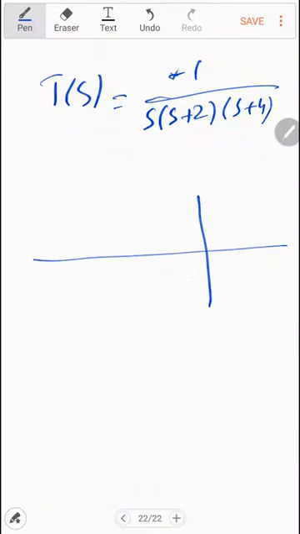If we place the poles, we have one pole at s is equal to 0, another one at s is equal to -2, and the third one at s is equal to -4. So from where will the root locus start? You see 1, 2, 3, and since the gain is a negative value, the locus will exist to the right of the odd number of poles. So it will start here, and then it will end at a zero at infinity, because the zeros are not finite in this system.